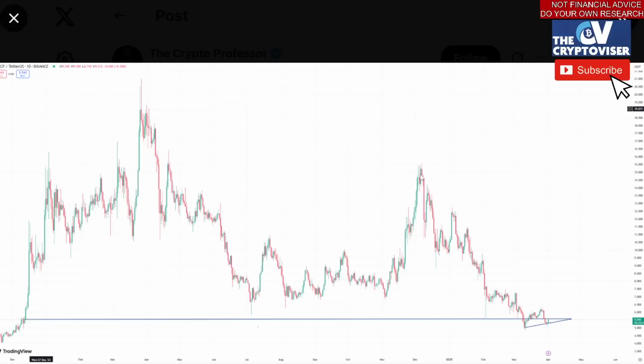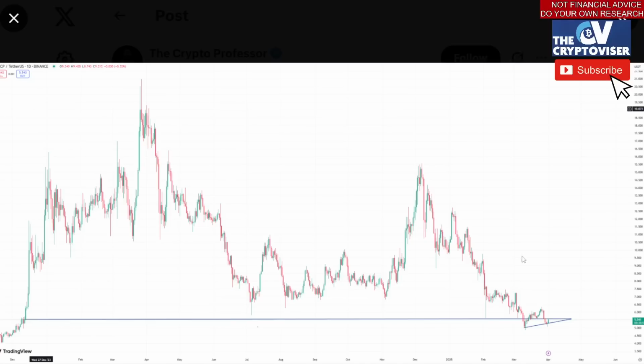So if this is a W, we would have to see continuation of this W, which would basically bring us back to potentially where this top is, which would be around $20 or potentially higher. To finish this double bottom pattern, you would need to see that actual W. You can see the first part of the W, or just the U shape right here, and then the formation of this double bottom pattern right here. Now, a completion would be an uptrend all the way up to close to $20, if not, they're saying double, which would be about